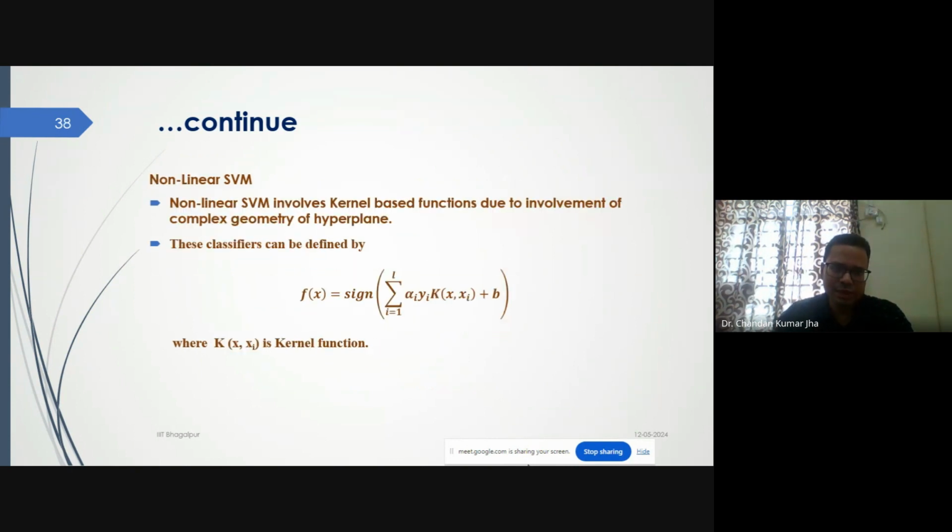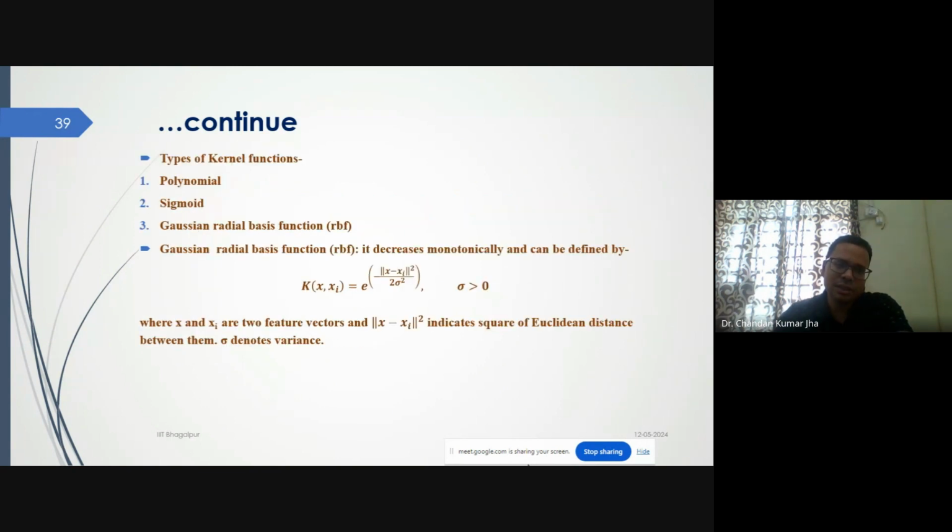And in the non-linear case, a kernel is used, different kernels apart from the linear one, and based on that non-linear kernel, there are different names of the kernels. So the different kernels are the polynomial kernel, sigmoid kernel, and Gaussian radial basis function, RBF kernel. Usually the Gaussian RBF is used. Whatever the different techniques that have been developed for detection related to the ECG, in that case Gaussian